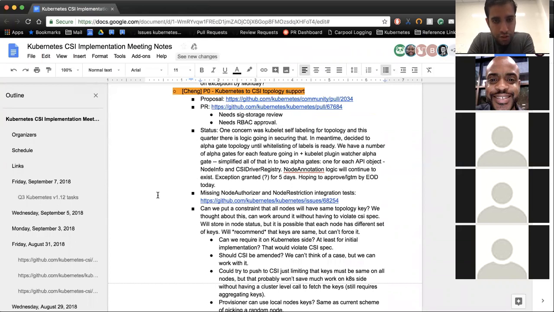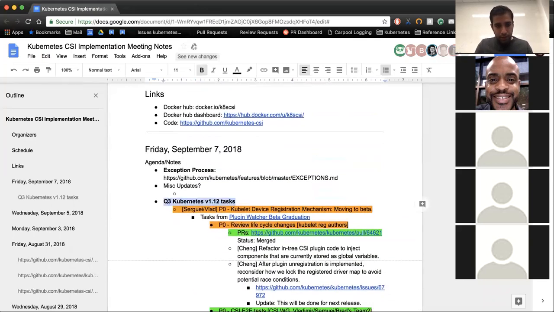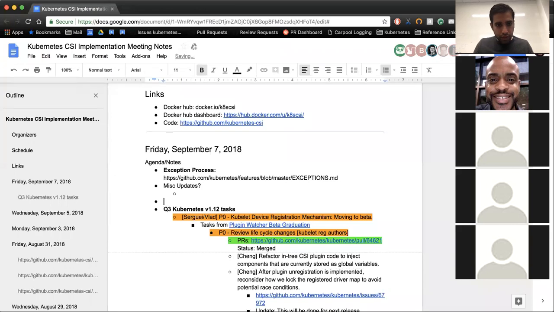For all the features that you're delivering this quarter up till code freeze, you've been focused on what are the things that I need to get into the core for Kubernetes, and we've kind of been ignoring the sidecar containers and the changes that we need to make there. So take some time to reflect today on what those changes are. And then on Monday, we can discuss those and add them to this list for the remaining items for 1.12. And in fact, I'll just add a list here. You can go ahead and add items here.